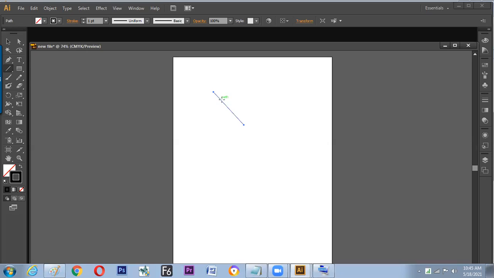Click, don't leave your cursor, drag it up. It will decide the length of your line as well as the direction of your line, but don't leave your cursor. Once you leave the cursor, then it is confirmation.